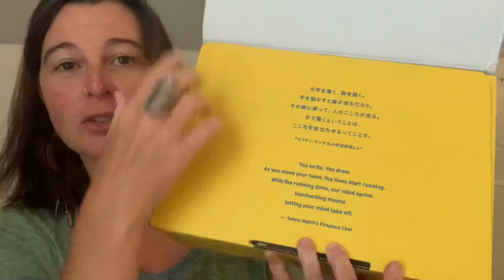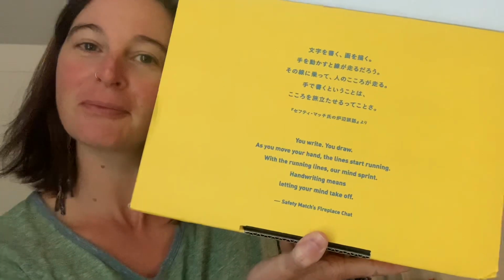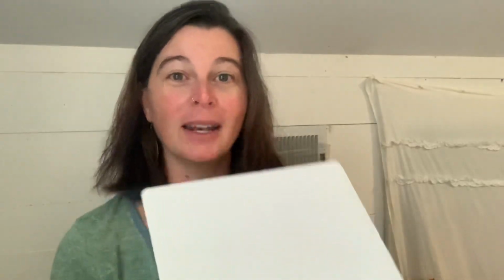But on the box, there's always a different quote for every year. So this quote says, "You write, you draw. As you move your hand, the lines start running. With the running lines, our mind sprint. Handwriting means letting your mind take off. Safety matches fireplace chat," is where that's from. Super cool. Okay, so I'm gonna open it up,